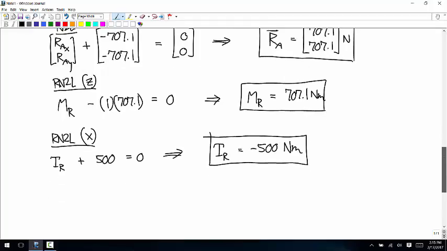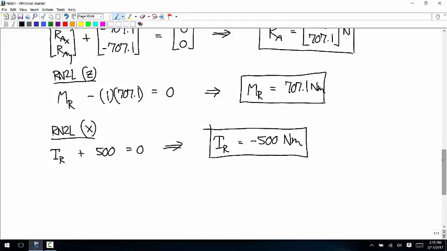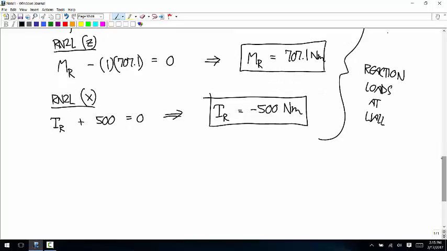Okay, so what we did is, and this is the answer, these are the internal loads. You're right, these are the reaction loads. Reaction loads at the wall. I'm getting ahead of myself. So now